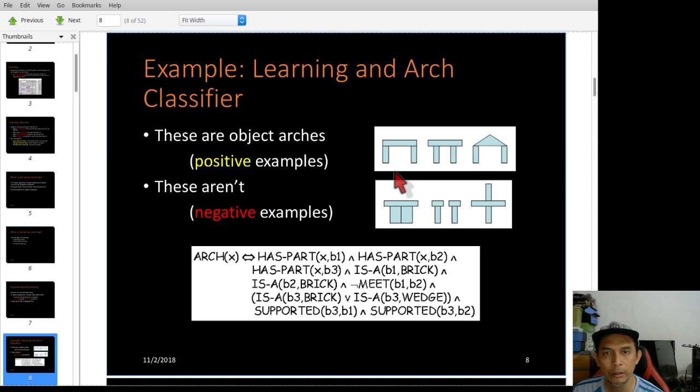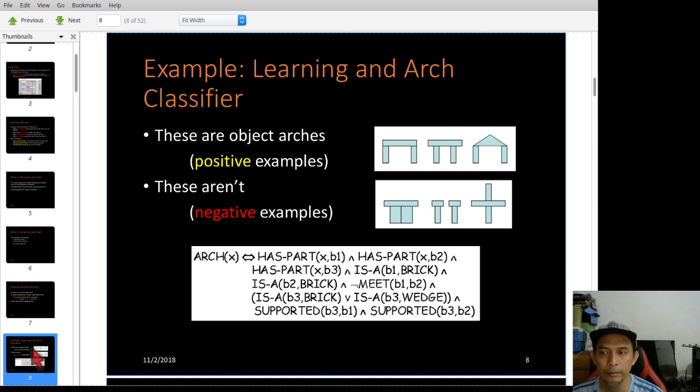For example, here you have three objects, positive examples, and then you have negative examples as well. This is how you conduct learning based on instance-based learning, applying a supervised learning algorithm.